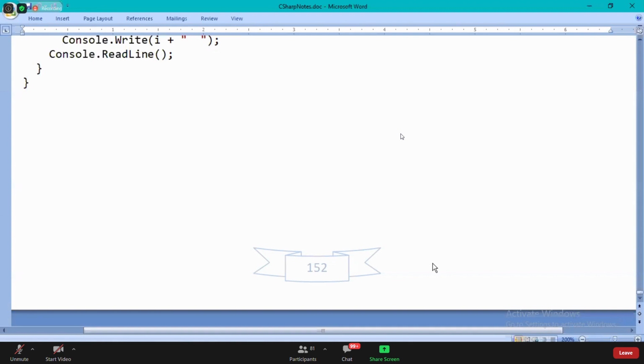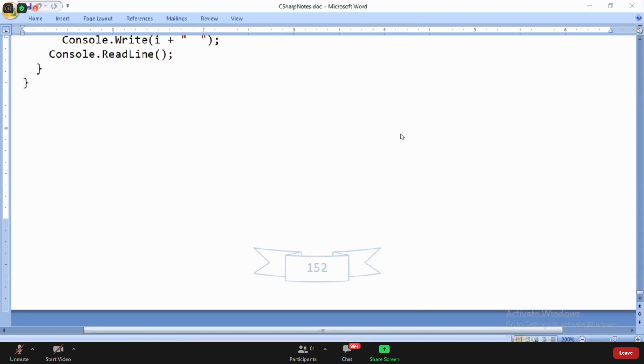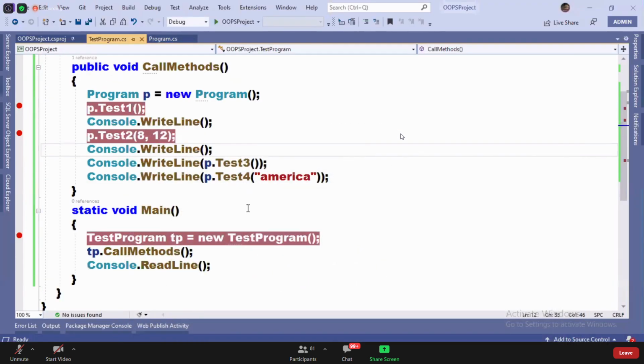Okay, so just go through them. Now we want to remove the breakpoints.